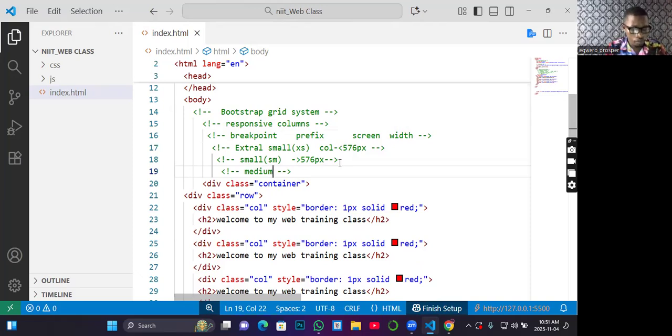The medium is represented as col-md, and it ranges from greater than or equals to 768. So this is the one we normally use when we are doing the manual